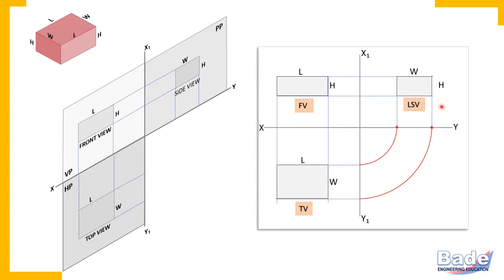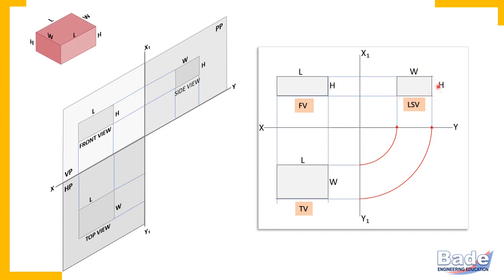So remember once again, in isometric view, height is vertical, length is at an angle of 30 degrees and width also appears at an angle of 30 degrees. But in orthographic views, in the front view, length is horizontal, height vertical. In the top view, length is horizontal, width vertical, and in the side view, width is horizontal